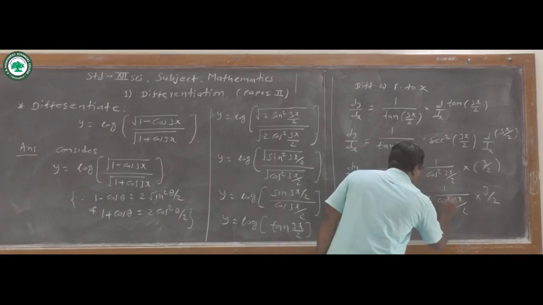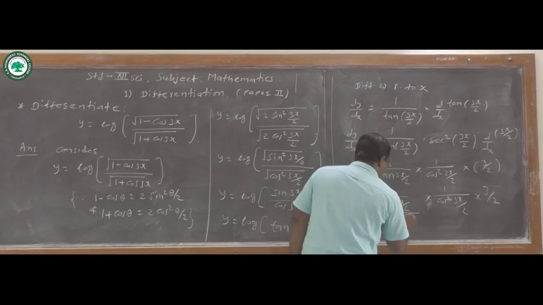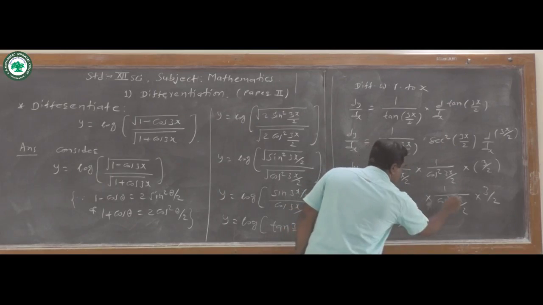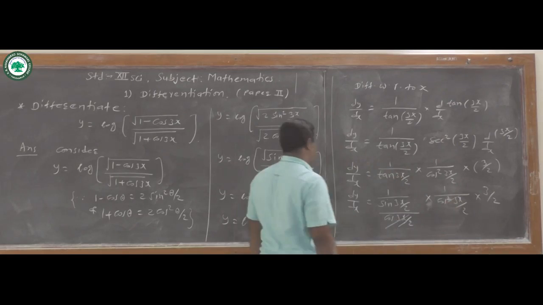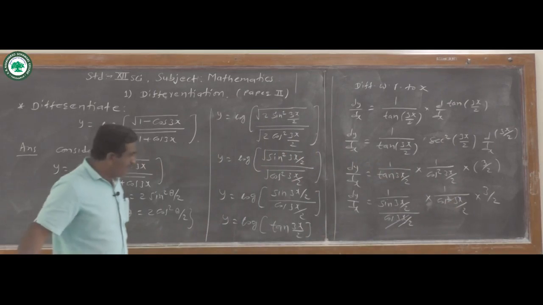Here cos square of 3x upon 2 and cos of 3x by 2, one cos of 3x by 2 cancels out. Now remains only dy by dx equal to